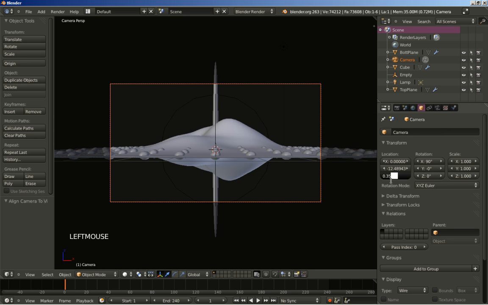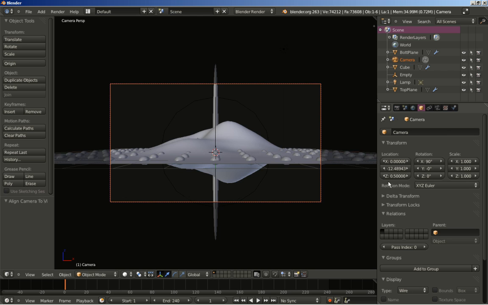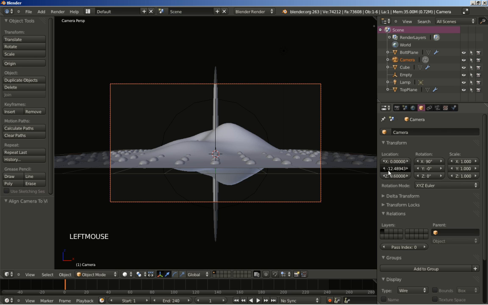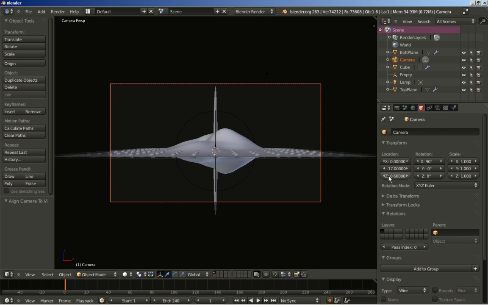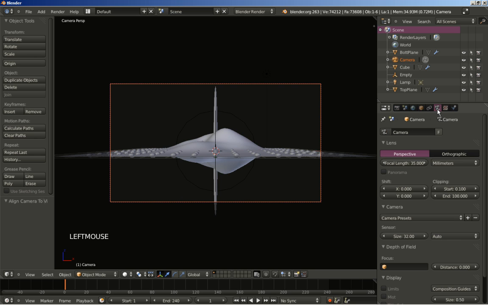Let's set it to 0.5 or 0.6, and I'll also move my camera back. Is set at minus 12, let's set it at minus 17, and I'll also decrease the focal length value from 35. Let's bring it down to 30,